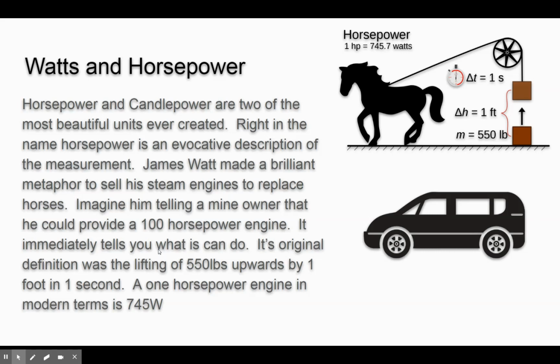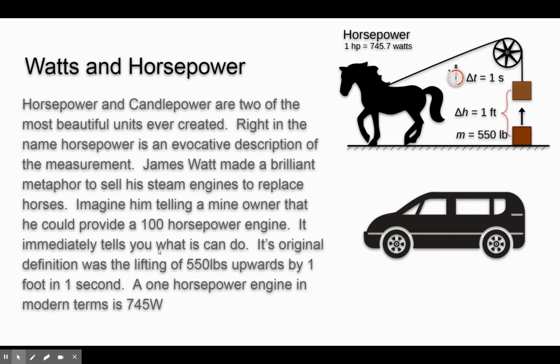When Watt wanted to replace horses with the steam engine, he coined the term horsepower. And what a beautiful, evocative description of that it was. Watt took a big horse. He picked a 550-pound weight for whatever bizarre reason. People in prior centuries go like, yeah, can you give me a 12-pound weight, a 7-pound weight, and a 27-pound weight? It's just like, what's wrong with powers of 10? Oh gosh, it's not complicated at all.